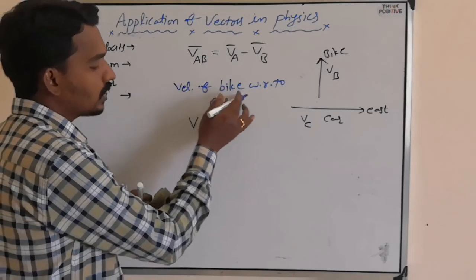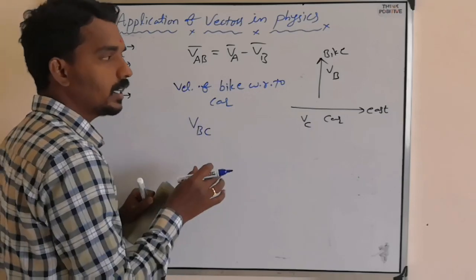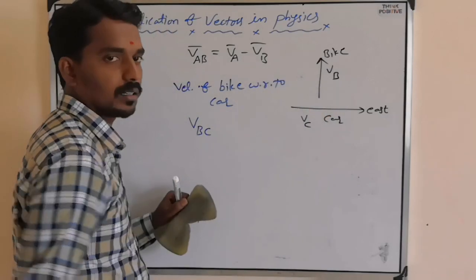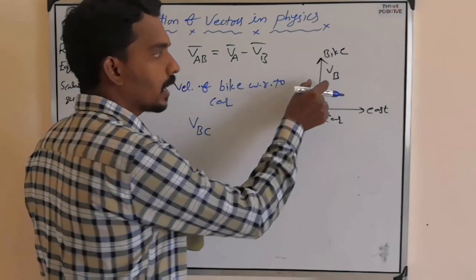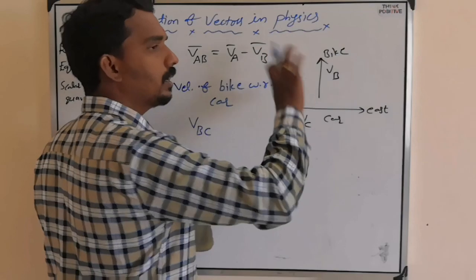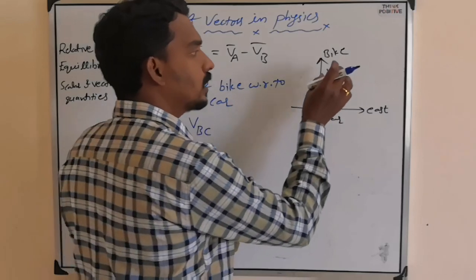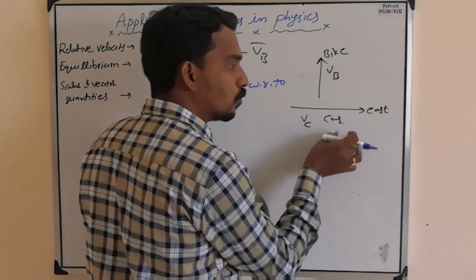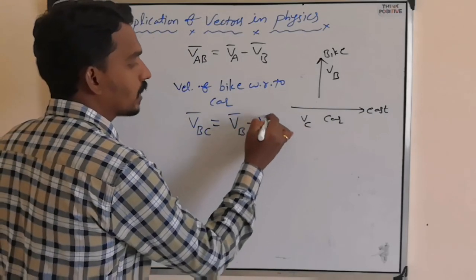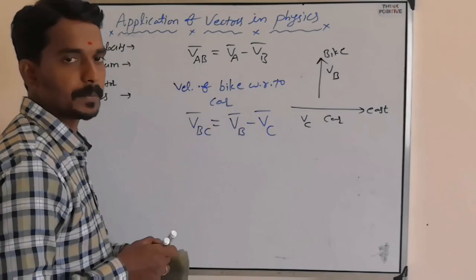Now we have to find velocity of bike with respect to car. Now the question is not the velocity of car. Now the velocity of bike with respect to car. So who is observing bike now? Car. So the velocity of bike is actually Vb. In which direction? Towards north. But they are asking what is the velocity of bike with respect to this moving car towards east. Then it will become velocity of bike minus velocity of car, because with respect to must be subtracted.